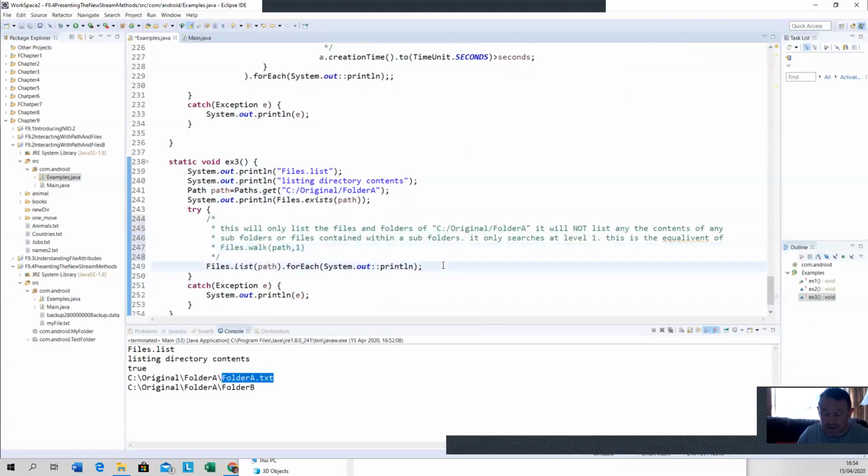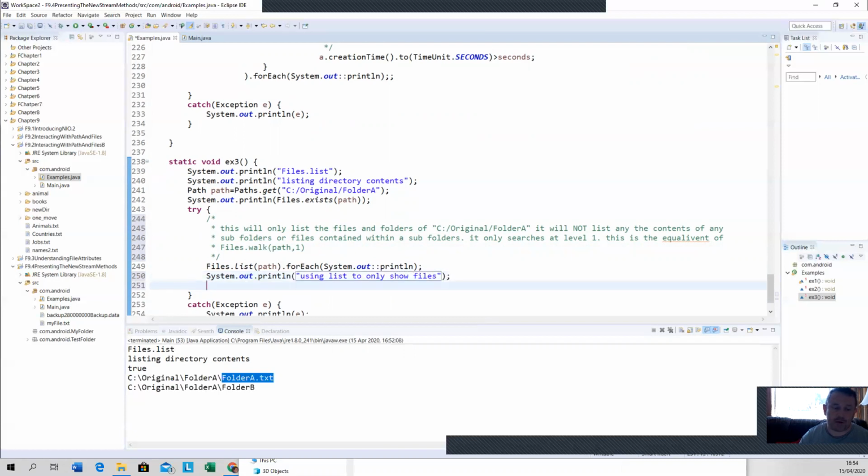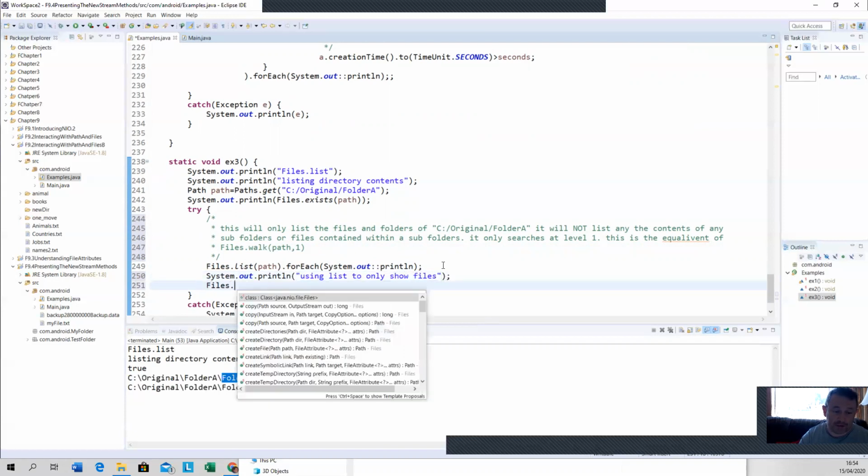I don't know. I think walking is just easier to use. So let's just say we only want to print, we want to use files.list. So using list to only show files. Okay, so we got files.list